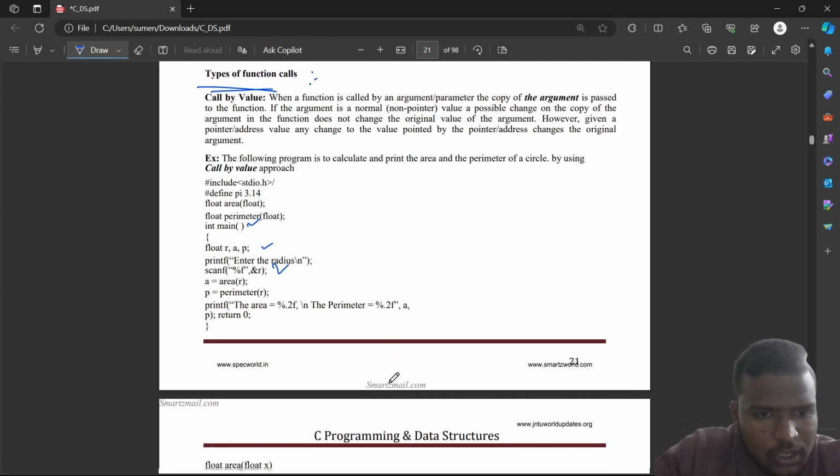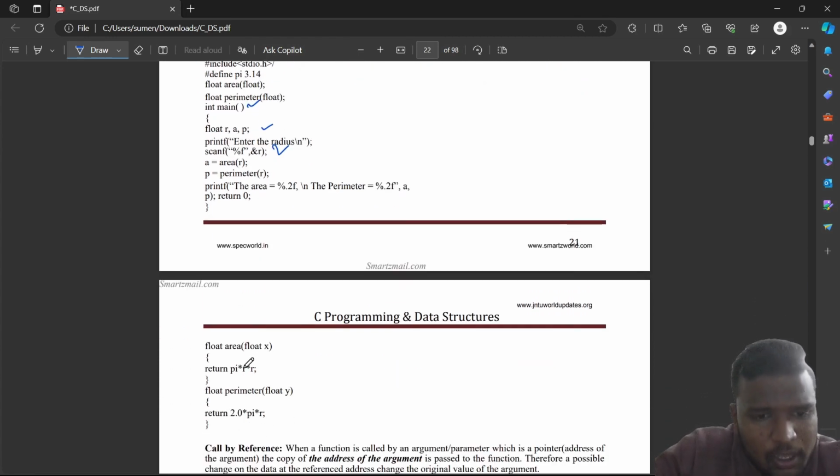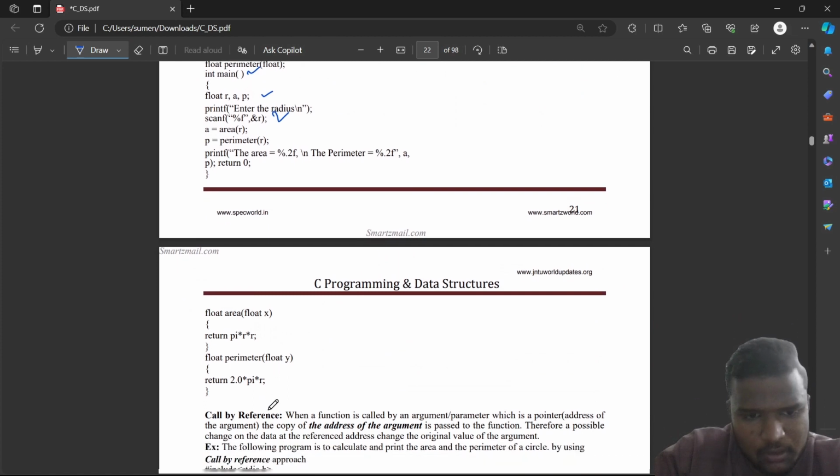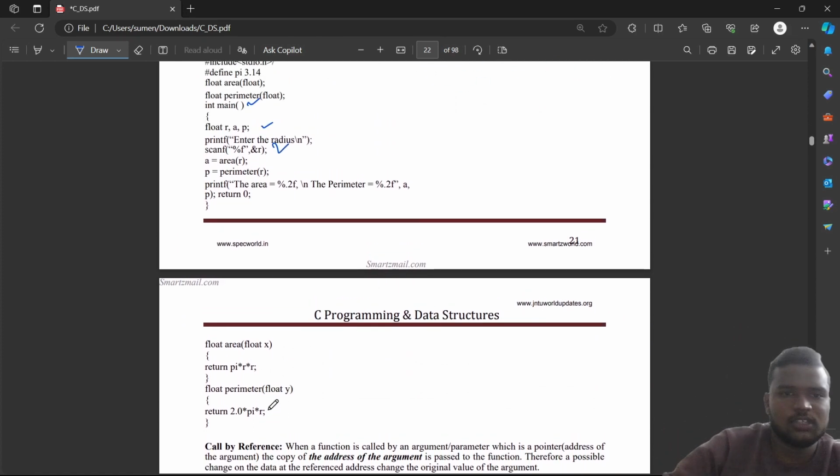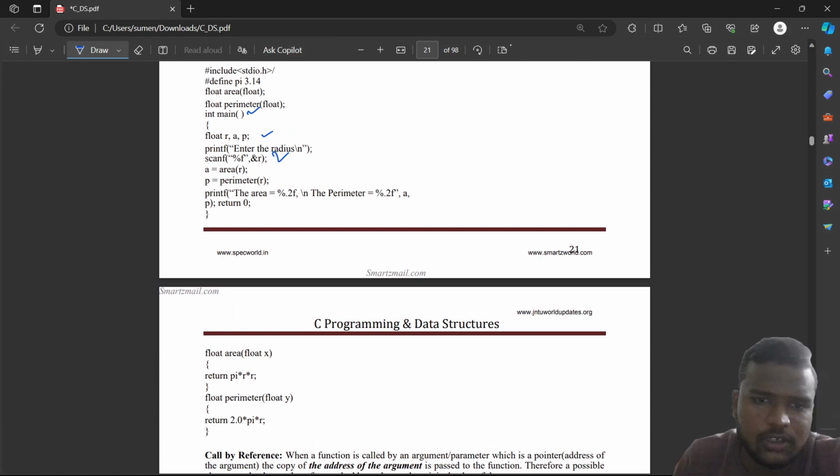We're using the function called area and perimeter. Here, we know the formula pi r square for the area, and 2 pi r is the formula for finding the perimeter. So here, what call by value says is that